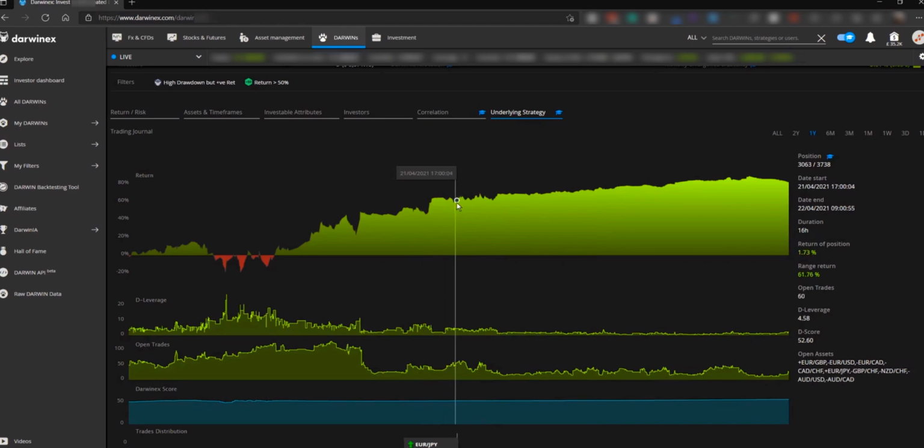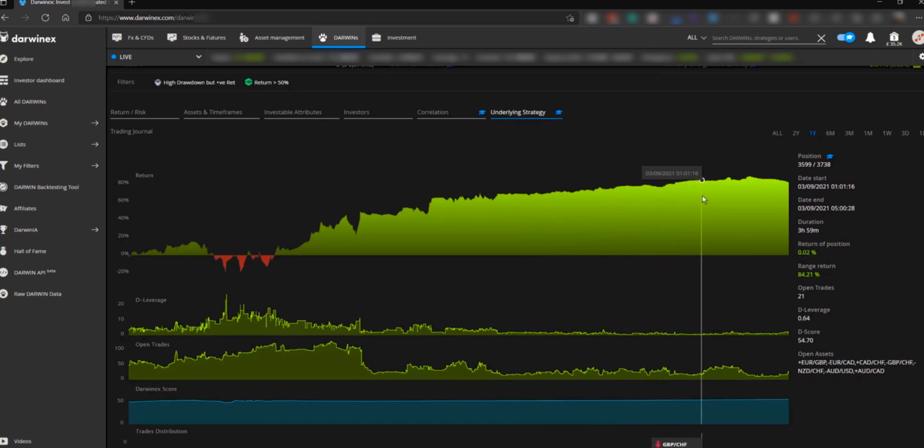You can see the drawdowns here are not as severe as they were at the beginning of the chart, but are more severe than they are in the later part of the chart. And so again, this just illustrates the direct relationship between the amount of leverage and the drawdowns. And then for the latter half here, the trader's taking much less leverage, and look how smooth the equity curve